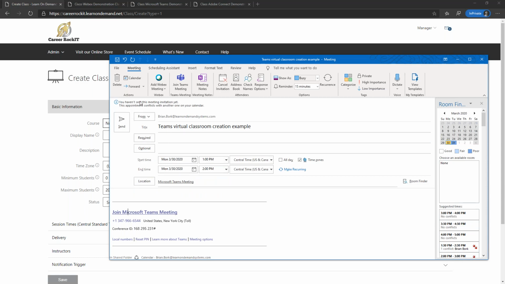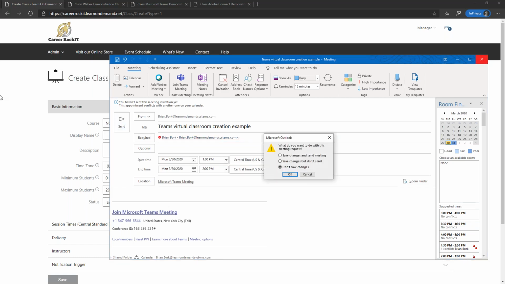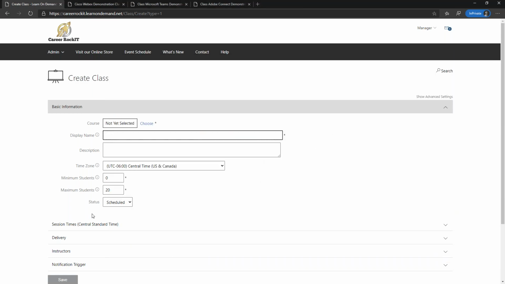now one other thing that I'm going to do is, even though I'm the person who's sending this out, I am going to include myself so that I get it on my schedule so that I'll have a copy of this link later if I need it. So I go ahead and I send this off. Once that's gone, I'm not going to save this because I don't need it. I can set up my